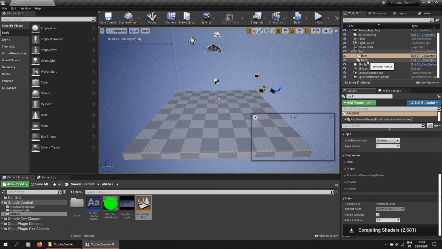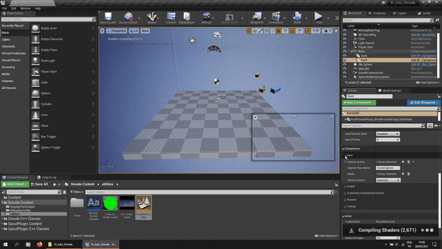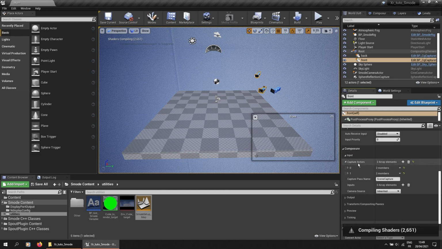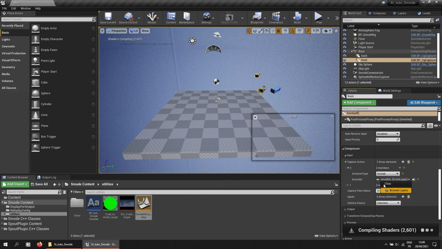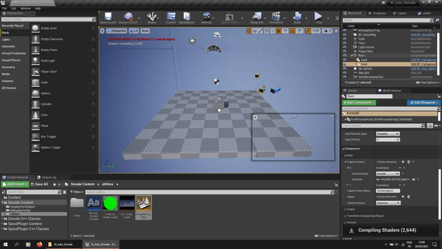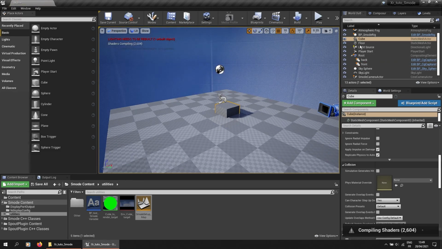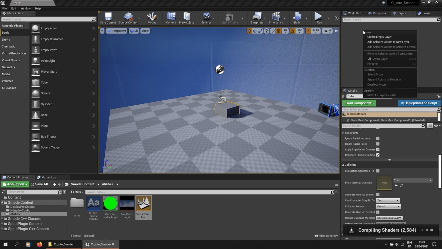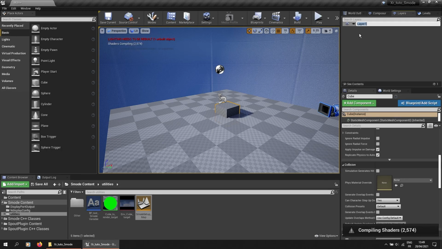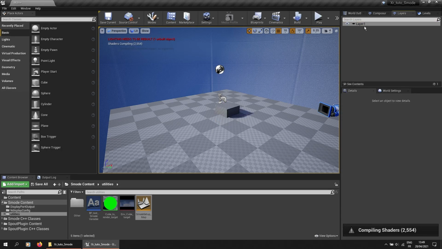And for the front, we can add some elements to capture in a new layer. So I will add a cube in my scene, and I will create a new layer that contains my cube.